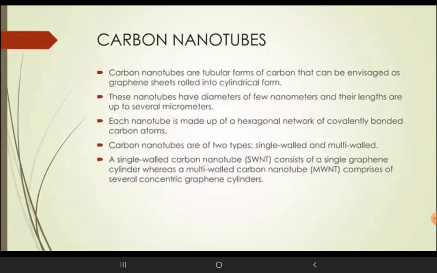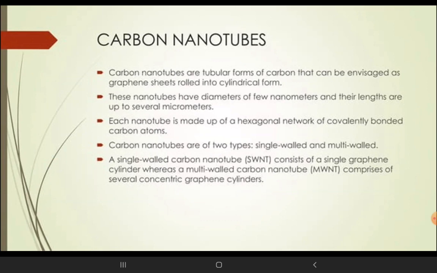Let us discuss carbon nanotubes. Carbon nanotubes are tubular forms of carbon that can be envisaged as graphene sheets rolled into cylindrical form. These nanotubes have diameters of a few nanometers and lengths of up to several micrometers. Each nanotube is made up of a hexagonal network of